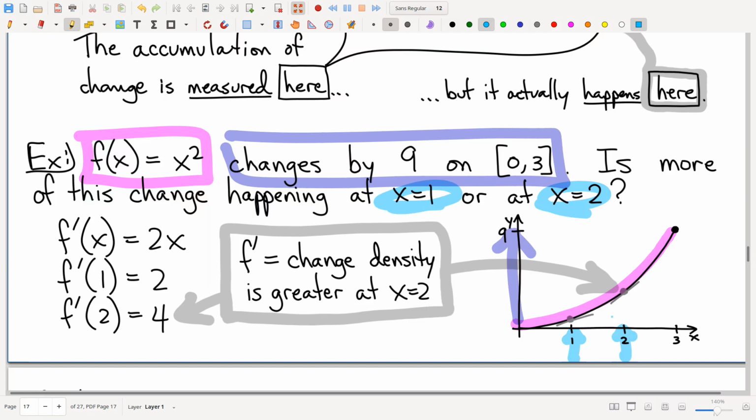Is there more change happening at x equals 1? Or is there more change happening at x equals 2? Now, in this case, the picture tells the story. We don't need the algebra. We don't need fancy interpretations of things. I can just see, look at that, it's steeper here when x equals 2. But if I want to take an algebraic point of view on that, where the change is happening, we decide where this accumulating quantity is by way of its density being the derivative,